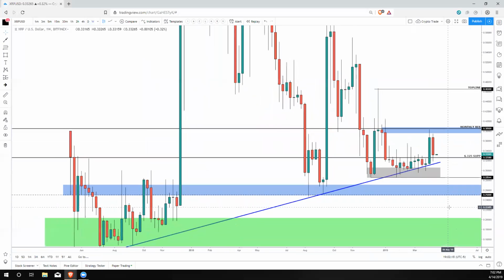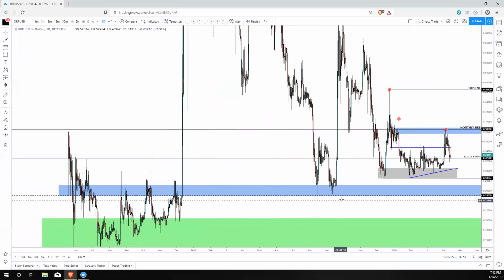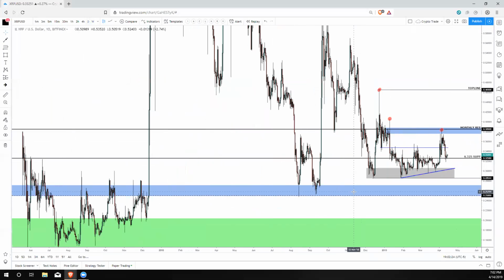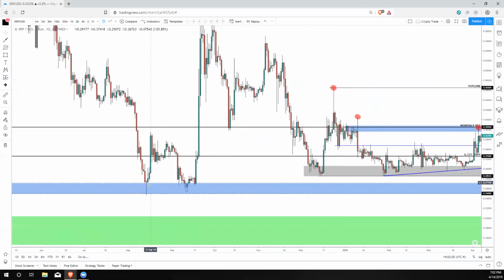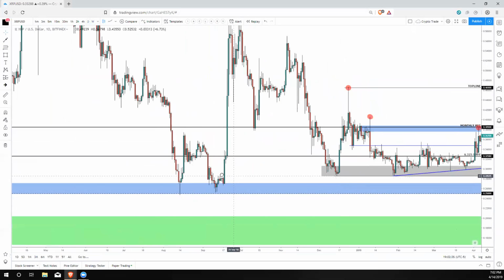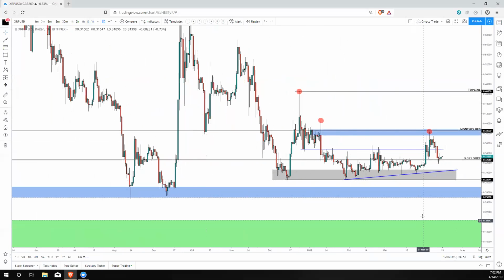Obviously, anything can happen in this market. I do think that's less likely to occur just because there's going to be tons of buy orders sitting here at the ready. Looking at the last time we came here in the summer, you can see these large spikes in buys. There's lots of buy orders down here, guys. So I don't really think that we do break through that. If we do,